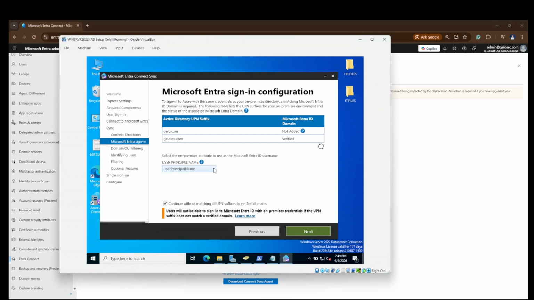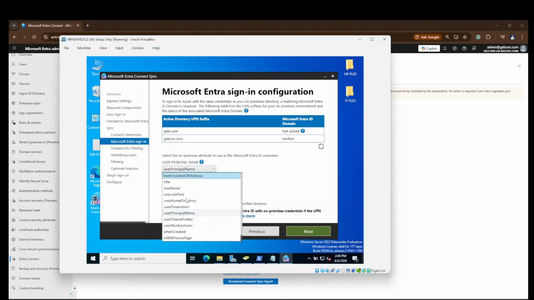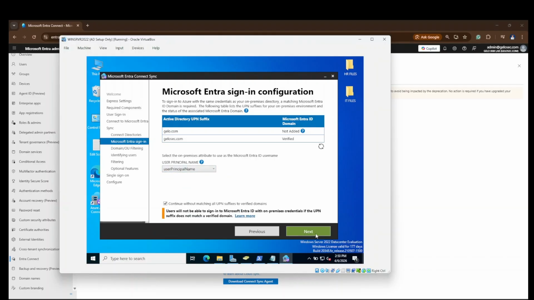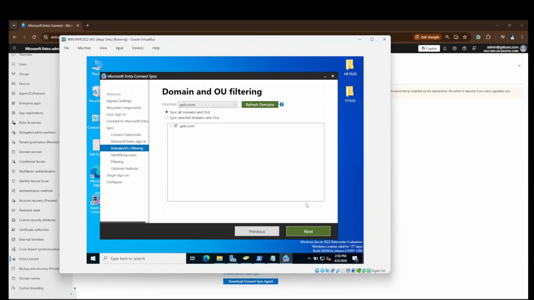Then the drop down here is asking how do you want your user to be identified? Let's just use user principal name here, but there's an option here, but the very common is UPN. So let's just click next. And this one, we're not gonna sync all domains and OUs. We're just gonna select sync selected domains and OUs.